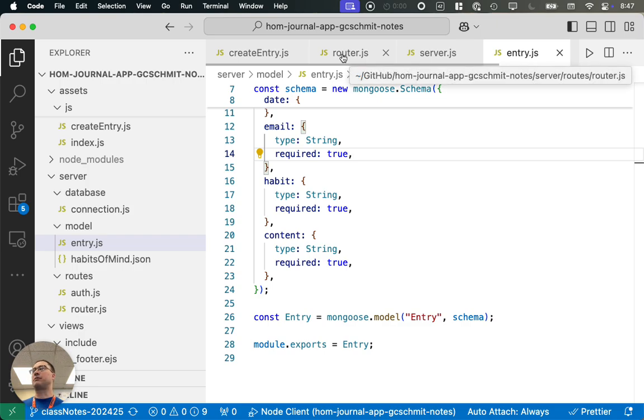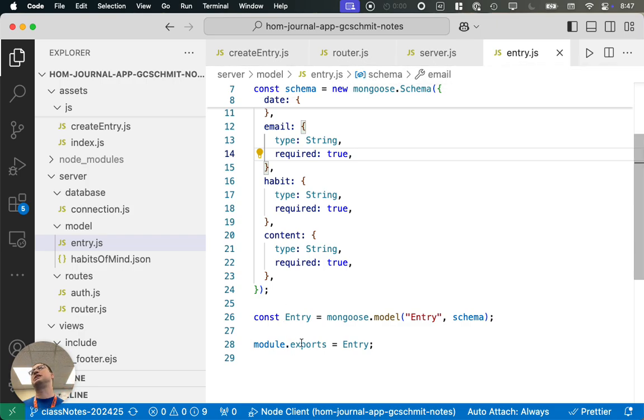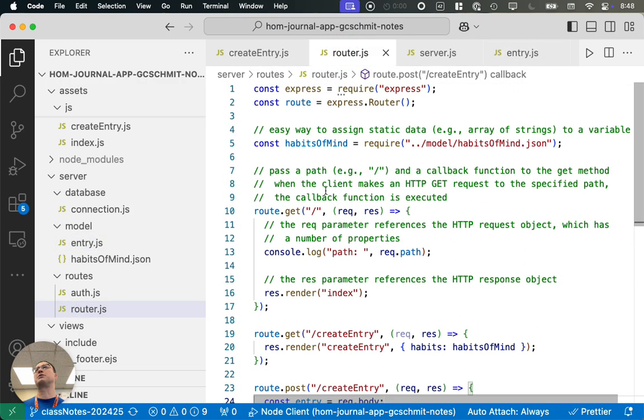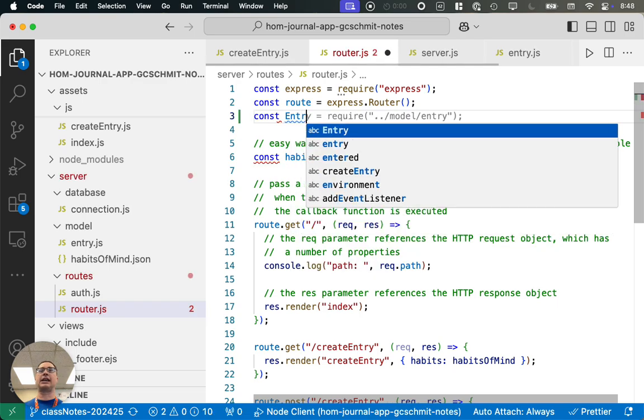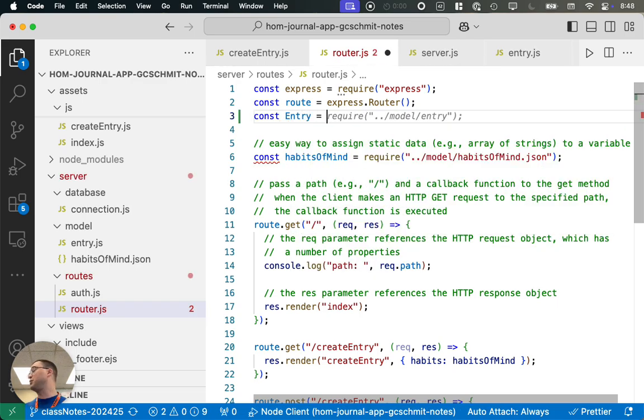Whenever we need to reference something from one JavaScript file in another JavaScript file, we need to make sure we export it from the one file. That's why we have module.exports equals entry here. And then we need to import it through a require command in the other file. So we're going to go up here and say const entry, which will be a reference to that Mongoose model, require